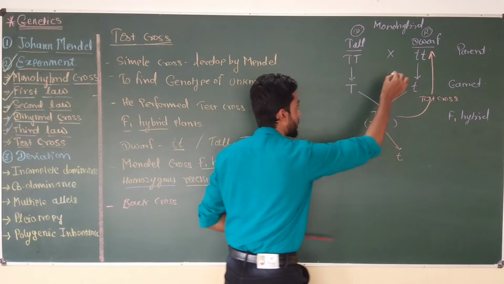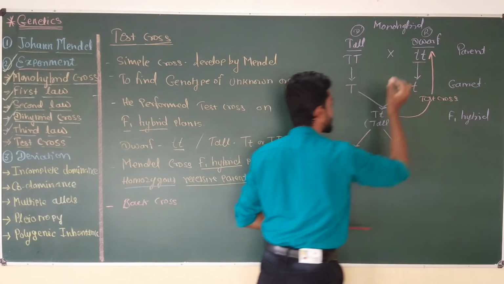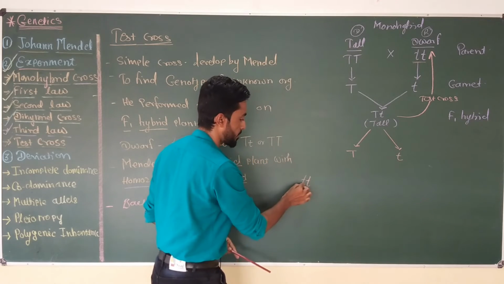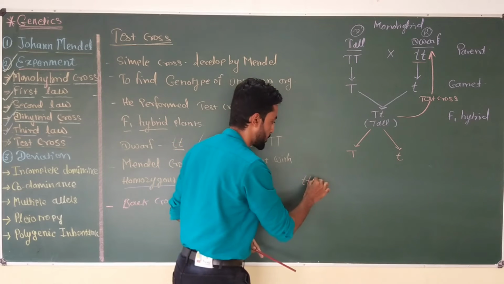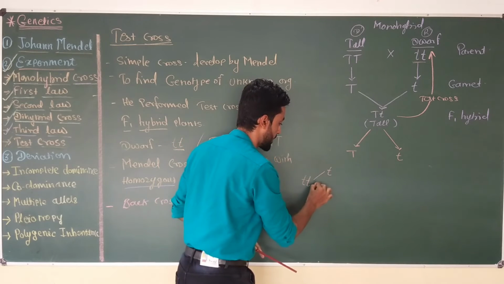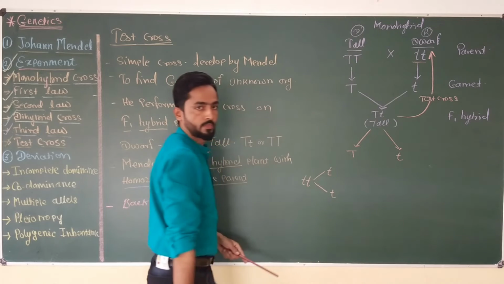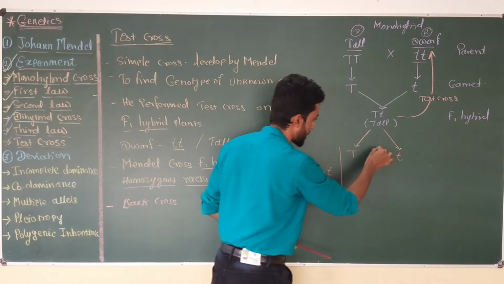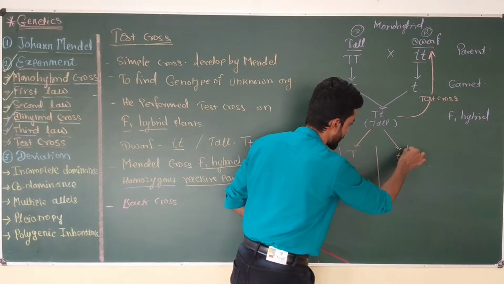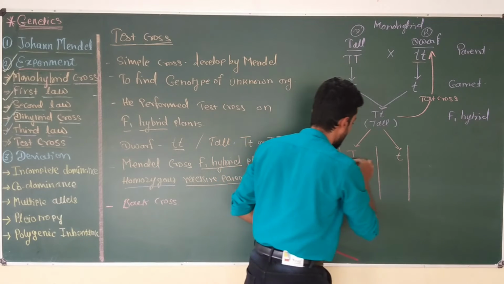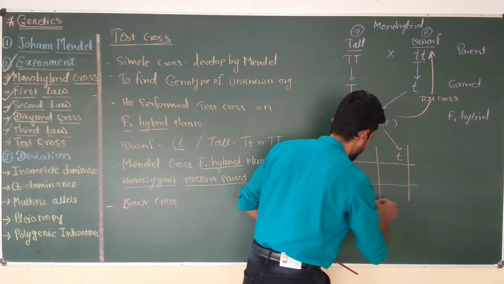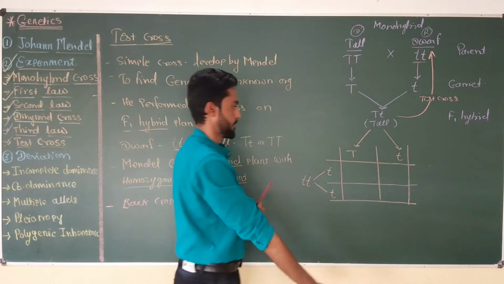So I am writing this small t genotype of the dwarf parent here. It is going to produce gametes small t and small t. So if we make a Punnett square, we can easily calculate the genotype of progeny in the test cross. Okay, so here